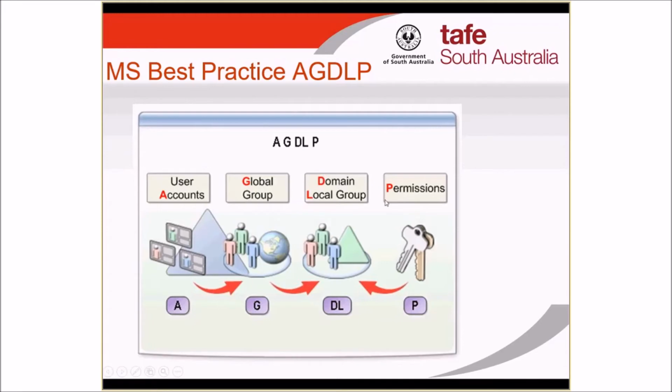Now, when I give read access to this domain local group to that student files folder, those permissions will flow back to every global group that might be coming from all the other domains and to their user accounts. So you see how, in a very complicated system with multiple domains, having this AGDLP methodology gives you that ease of administration. If you just had one server, one domain and a couple of users, that doesn't make much sense. But for us, we're always going to implement the AGDLP methodology, whether in the worksheets,